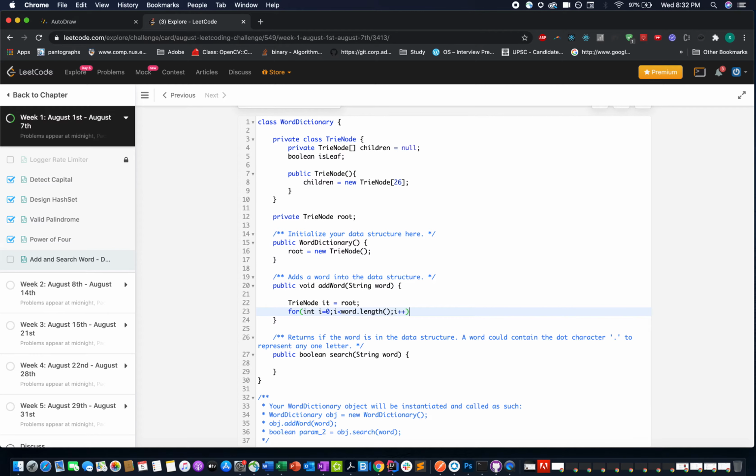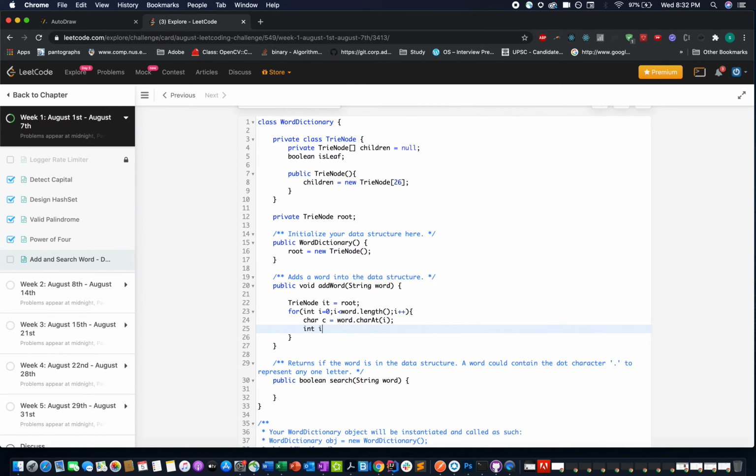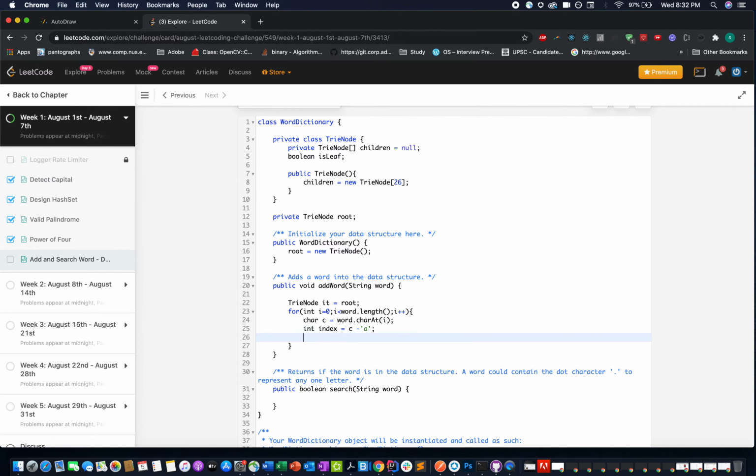So I'll be looping through every character of the word that has to be added. Character c is word dot charAt i. Now let's calculate the index where it is to be added. Since everything is in small letters, we'll subtract 'a' from it.